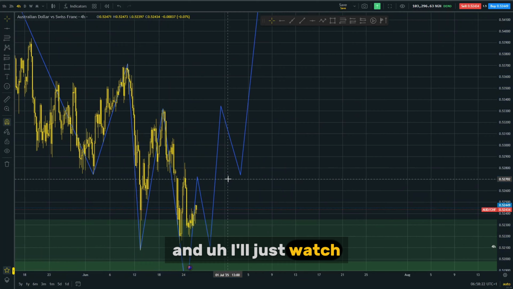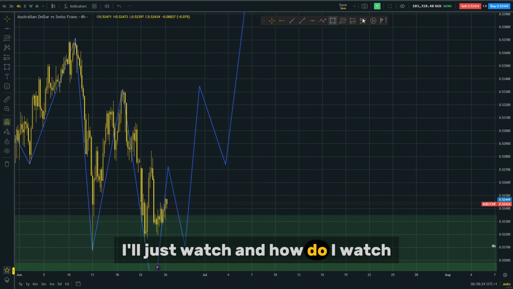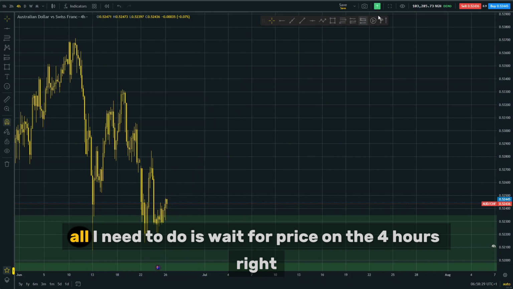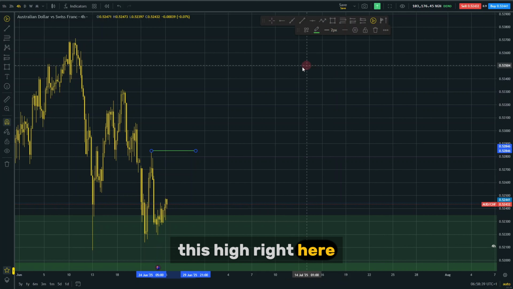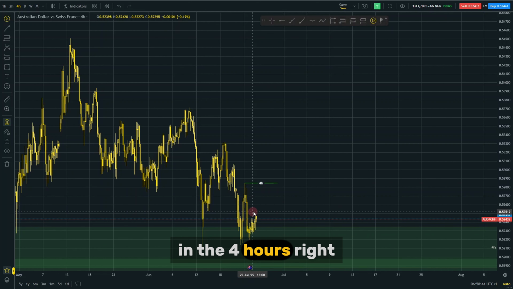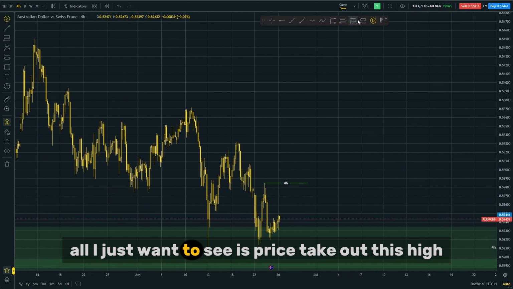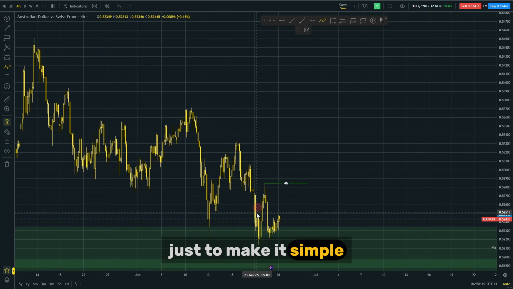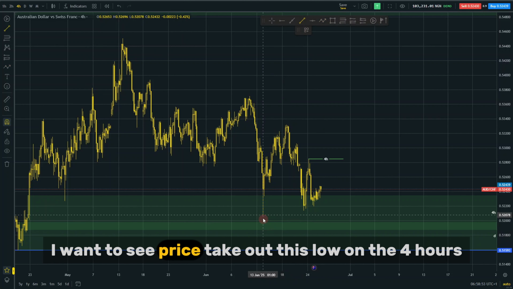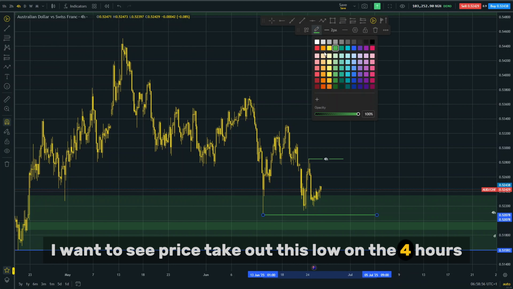And I'll just watch. And how do I watch to see if this is already taking place? Well, it's very simple. All I need to do is wait for price on the 4 hours to take out this high right here. All I just want to see is price take out this high, just to make it simple. First and foremost, I want to see price take out this low on the 4 hours,